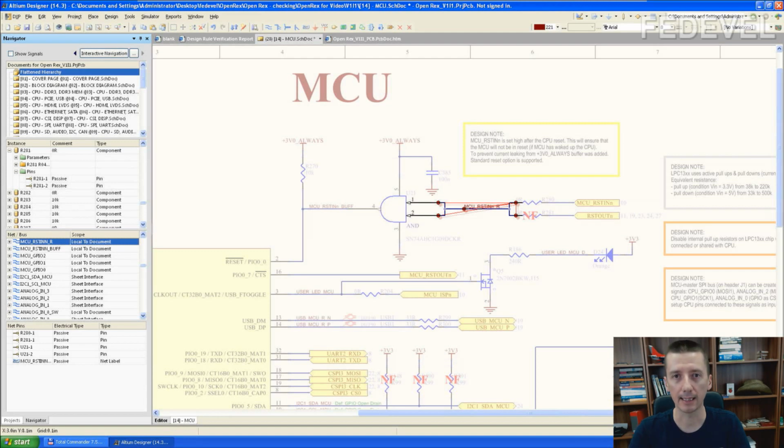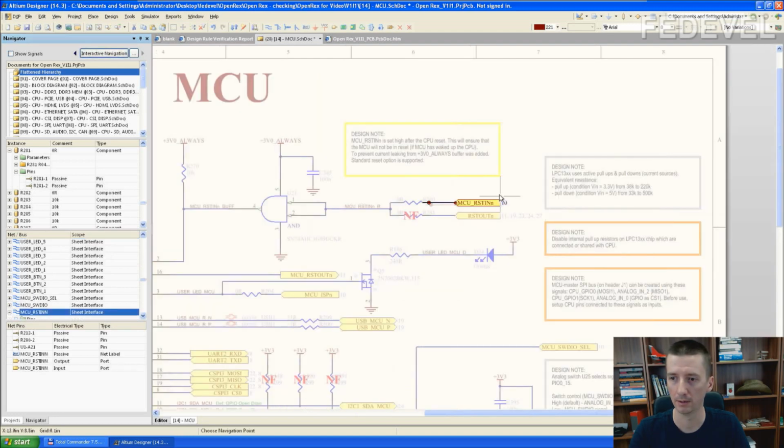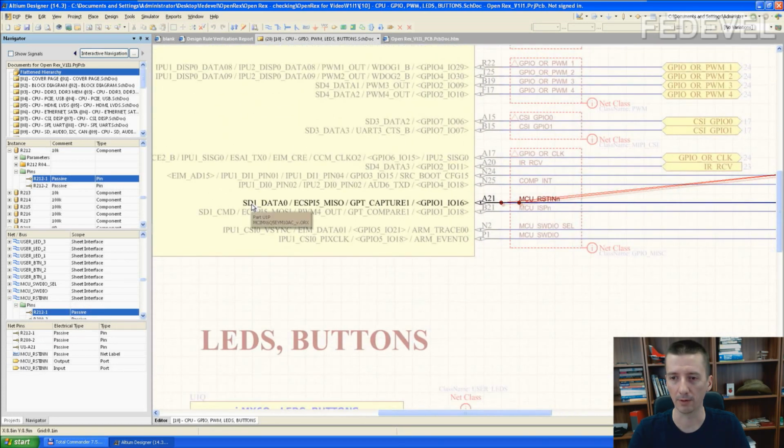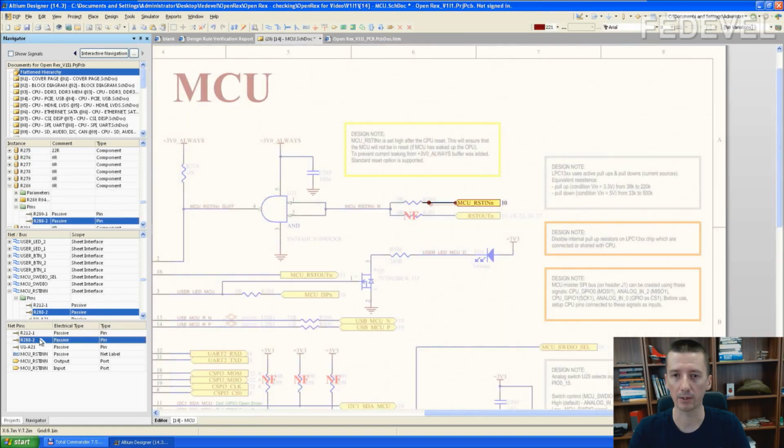Reset. Reset is one of the most important signals in microcontroller and processor boards. So you need to be pretty sure it's connected correctly. Our reset can have two different sources. This one is connected to processor. So if it's needed, we can reset the microcontroller through this A21 pin. What we need to check about the A21 pin, do you remember? We need to check what will be the default after reset condition, and also what will be the level on this A21 pin. And the other source is